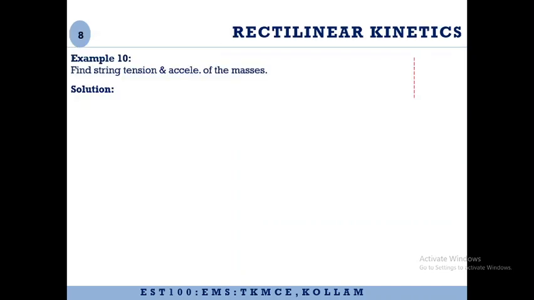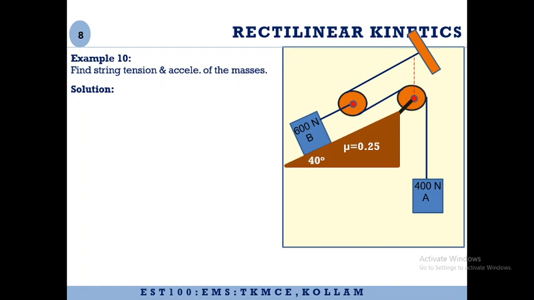Now let us consider another example. In this example, we have one of the blocks on an inclined plane. Also we have a rough surface, that is, friction is there in the surface. So the first thing we have to do is assess the tension in the strings. Tension will be the same throughout the string because it is a single string passing over multiple pulleys. Similarly, we also have to assess the tension in this particular string.